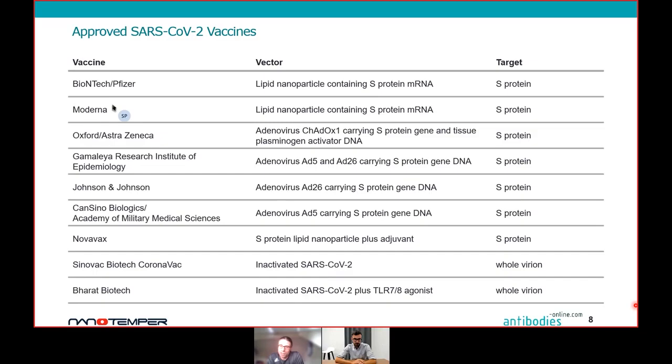However, the S protein appears to be the most immunogenic of the SARS-CoV-2 structural proteins, and one can safely assume that even in these whole virion vaccines, the S protein plays a crucial role. The S protein is also the body's first point of contact with the SARS-CoV-2 virus. So in short, the S protein is very important for all SARS-CoV-2 vaccines, independent of the selected platform.